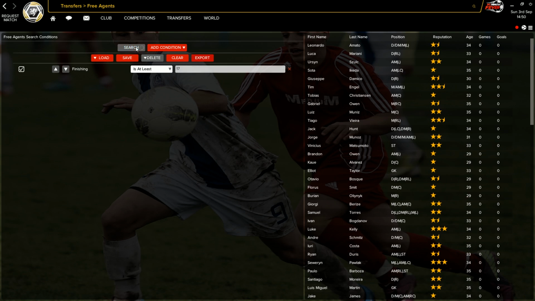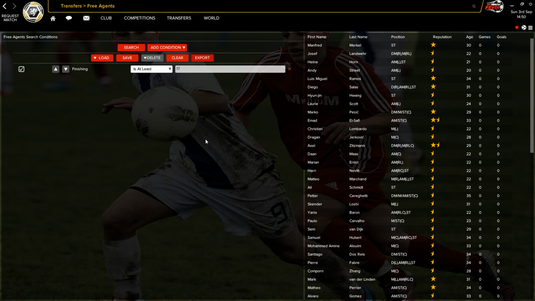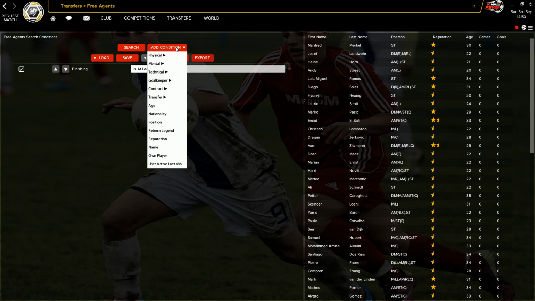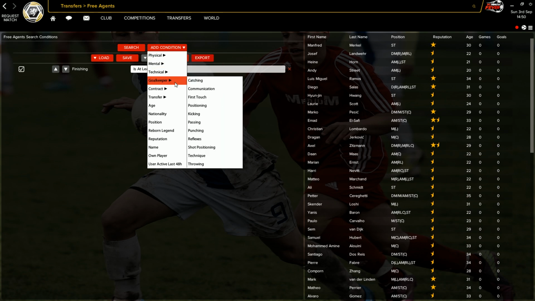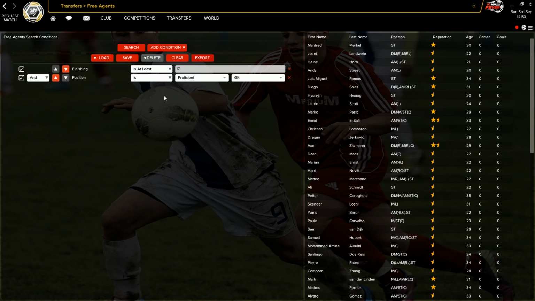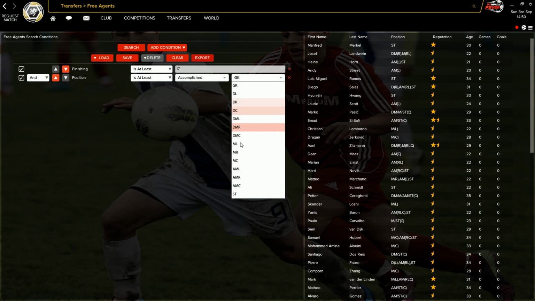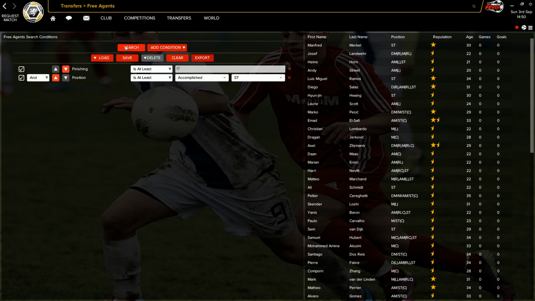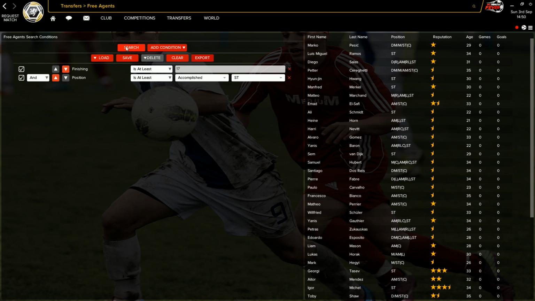And we can click search and it's going to update the results, but you can see that we've still got a lot of players who are returning that condition. So the next thing we might say is, well, we're looking for a striker here, and we don't really want to spend time to potentially train a player in a new position. So we're just going to say we only want players who are, say, at least accomplished. So is at least accomplished in the striker position. So we can click search again, and it's narrowed the results,